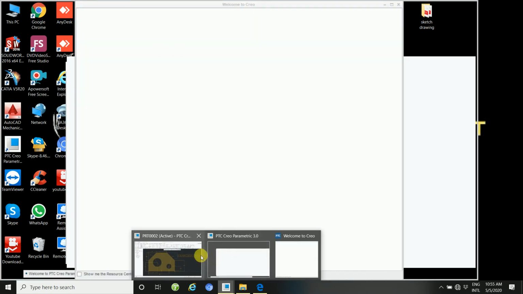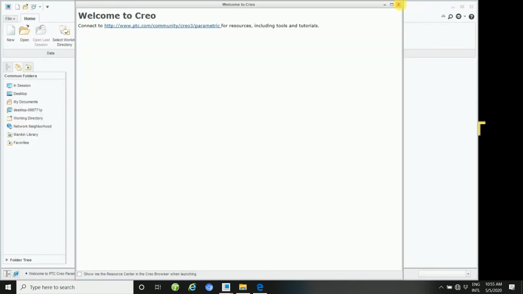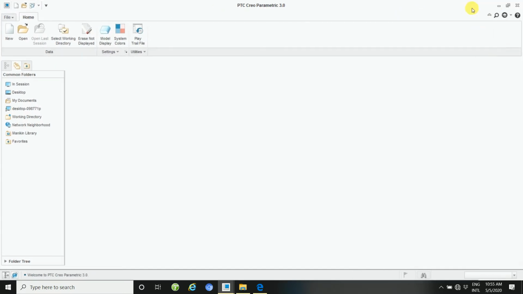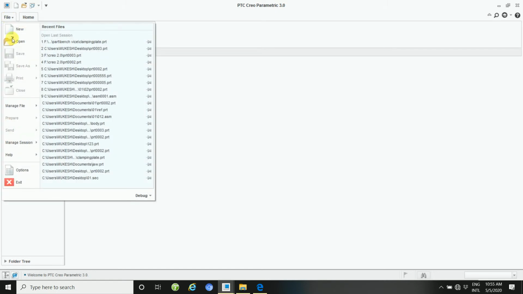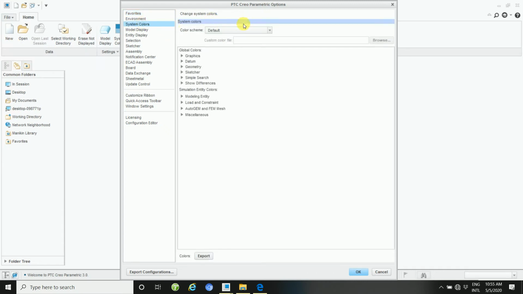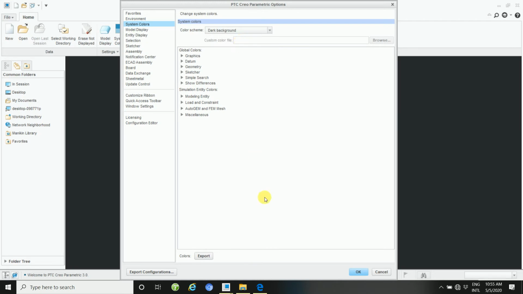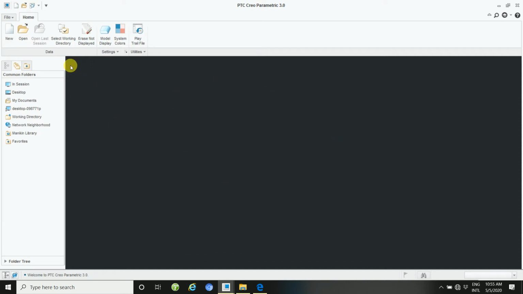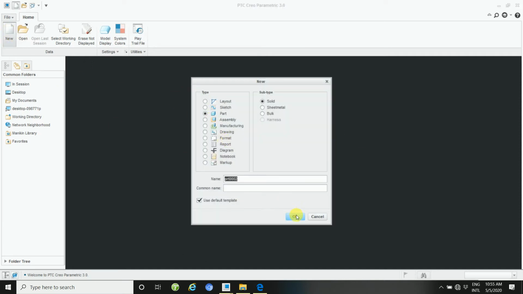Close this, and then first, how to display the option and apply the color background: change the color. Go to file, then options, then system colors, then dark background. Then click OK, and then apply new, then part as usual.